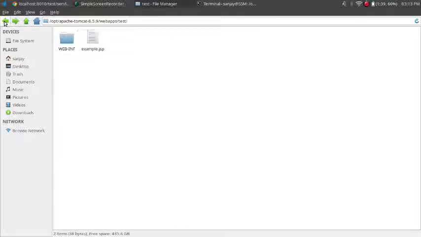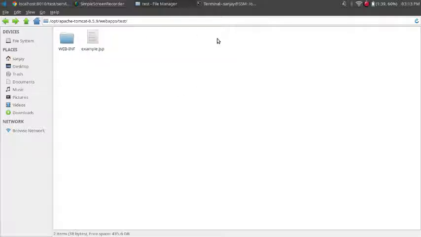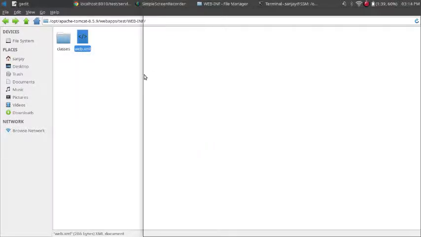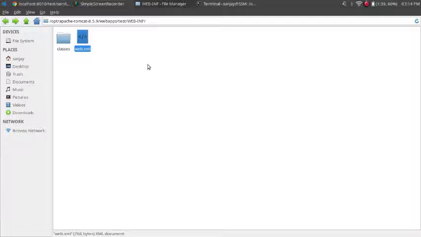one thing I want to tell you. So test folder I have created. WEB-INF, it is in capital letters, and JSP is saved in test folder. Then web.xml, this file is very important. If you make changes in the file and accidentally they are wrong changes, then your JSP and Servlet program will not run. So mapping is very important to run the Servlet program, and Servlet programs are saved in classes.